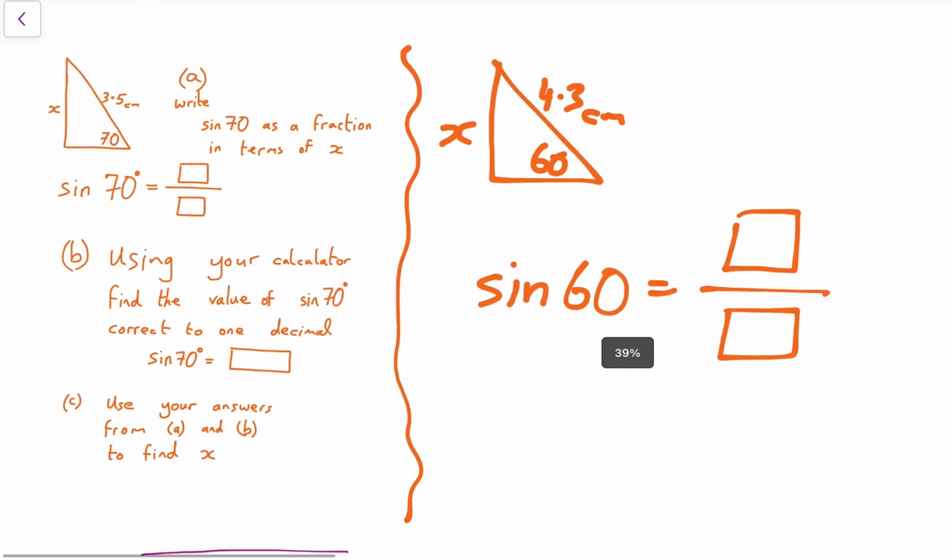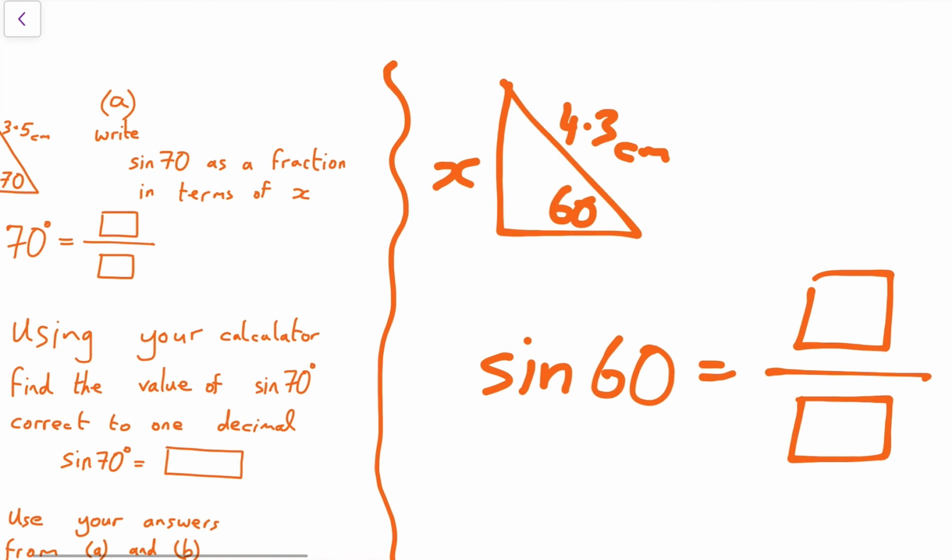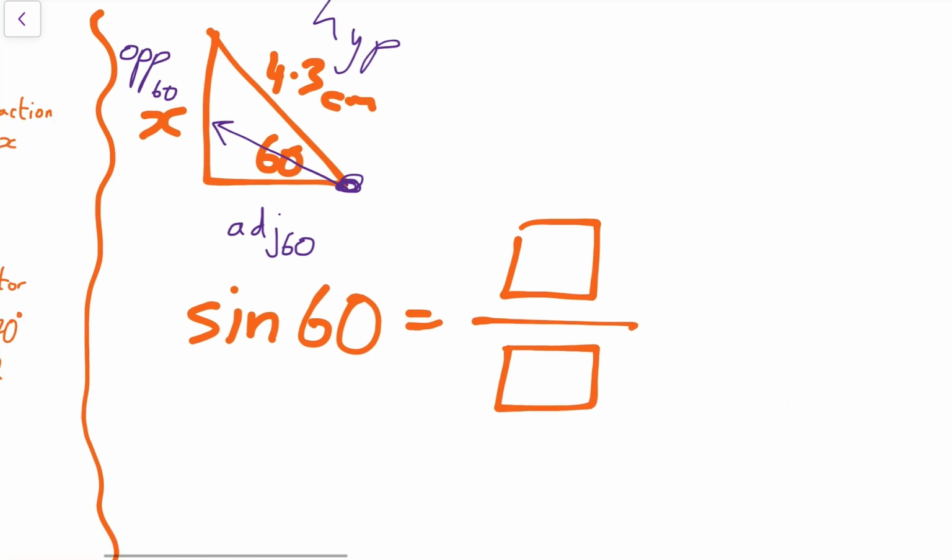So what's my fraction going to be? I'll better label my triangle first. So my longest side, hypotenuse. If I position myself here and go across, that's my opposite to the 60-degree angle. And so the side that's left is the side that's adjacent to the 60-degree angle. So I've labeled my triangle. And I also need to know my